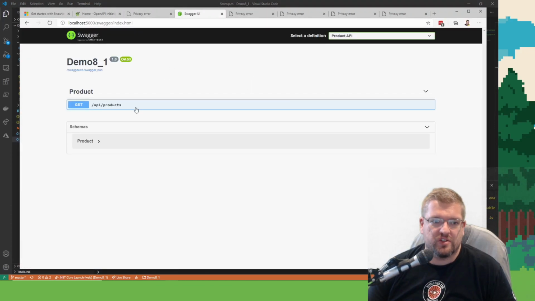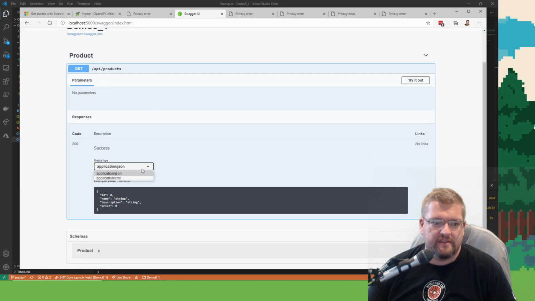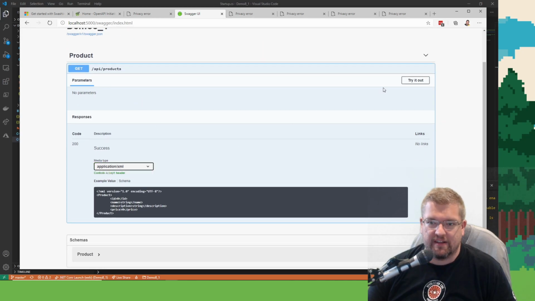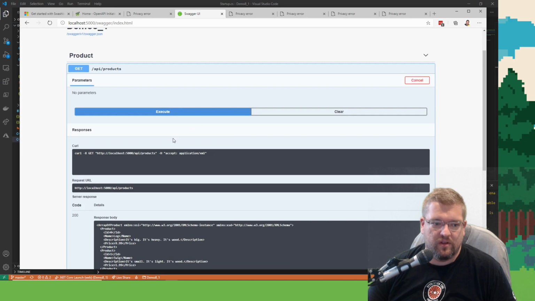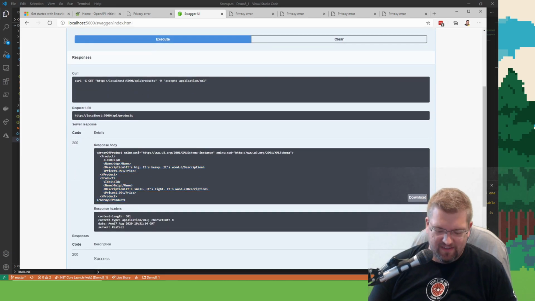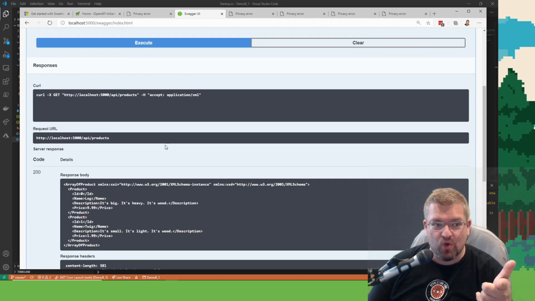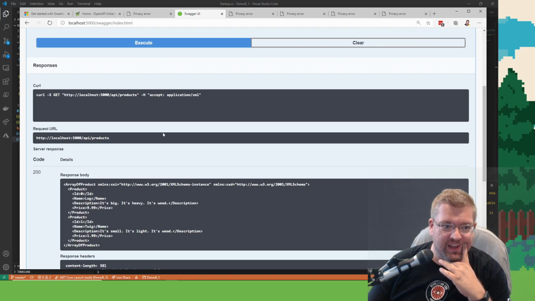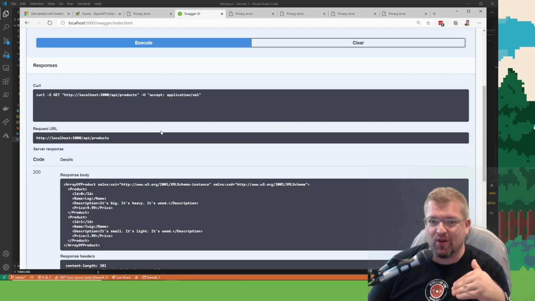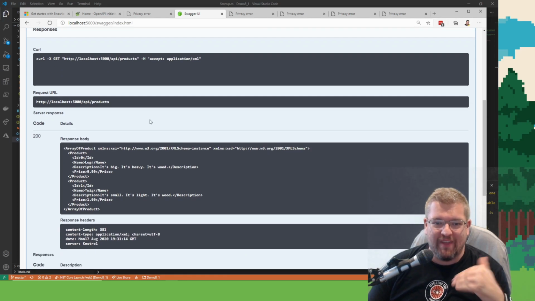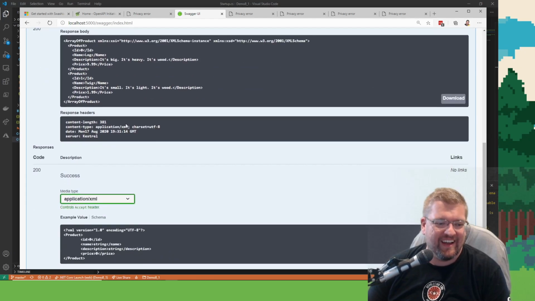So if we refresh and tell it I want my data back in XML, hit execute, comes back in XML. Yeah, I never thought I'd get excited about XML, but this is really cool. This is so little effort that it just works. I love it.